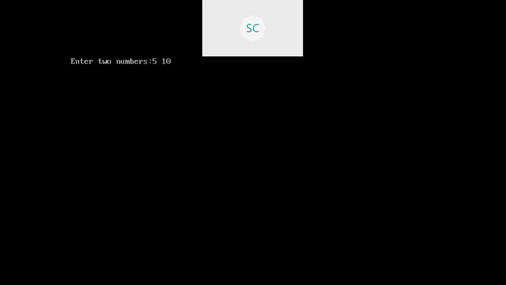Okay, what is the output we are expecting? We are adding those two numbers, right? We will expect some 15. Okay, if I press enter, you can see here sum of two numbers is 15. Clear? Whatever the numbers we have entered here, those two numbers I have read into variable a and variable b. Both numbers I added and just printed